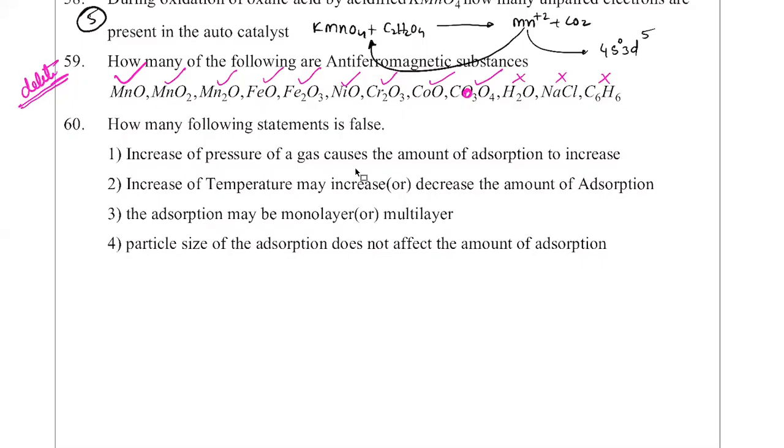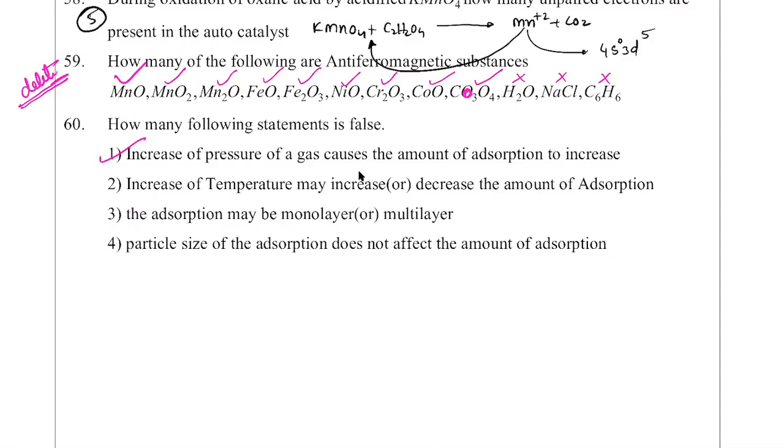See this now. Increase in pressure of a gas causes the amount of adsorption to increase, which is a correct statement. Sorry, this is increase, he said. So that is wrong. So which means this is a false statement. Increase in temperature may increase or decrease the amount of adsorption. Okay. So which is correct, because we would see in case of chemisorption, first it would increase and then it will decrease. The adsorption may be monolayer or multilayer. Okay. So that is also correct. And particle size of the adsorption,